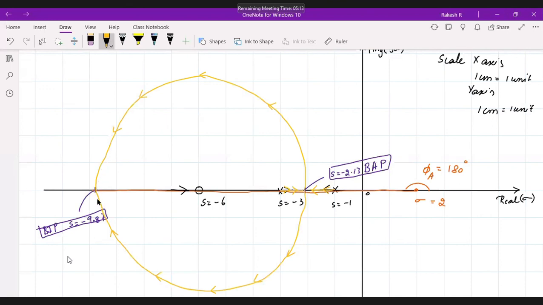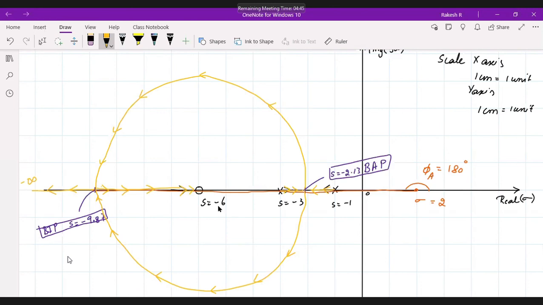See here, the root locus is coming and merging on the imaginary axis. One root is moving towards right like this. Another root is moving towards left here like this. Right. This is the root locus coming here, and another root is moving towards minus infinity. Right. And one comes and merges here at s equals to minus 6. This is the root locus plot that you need to draw.